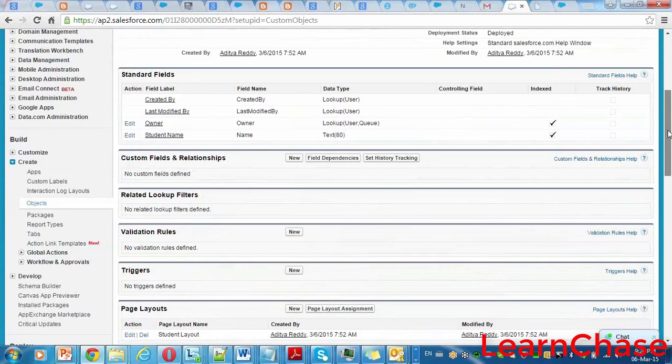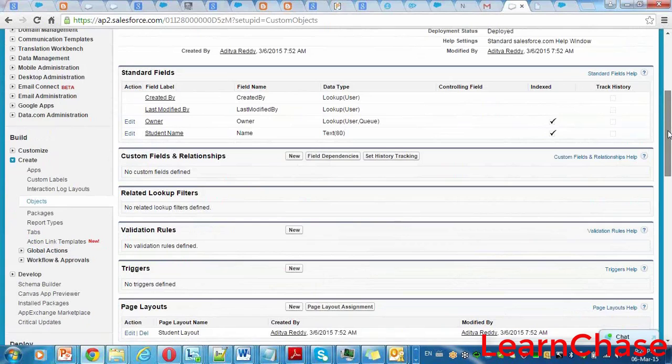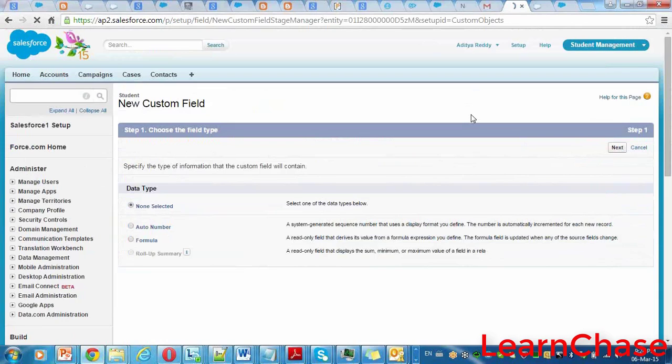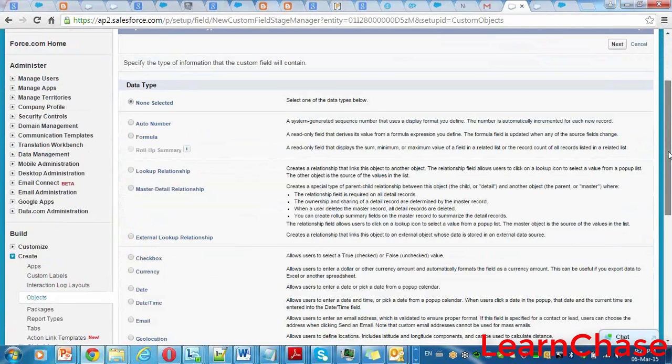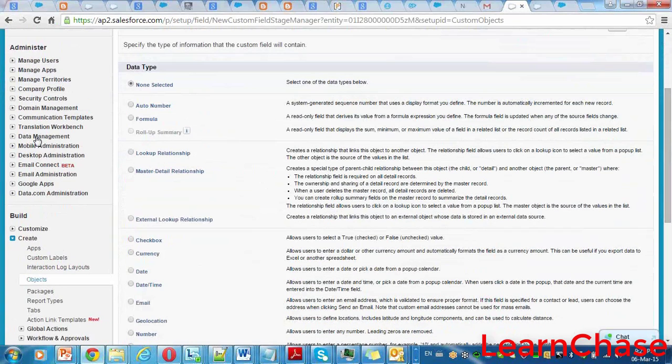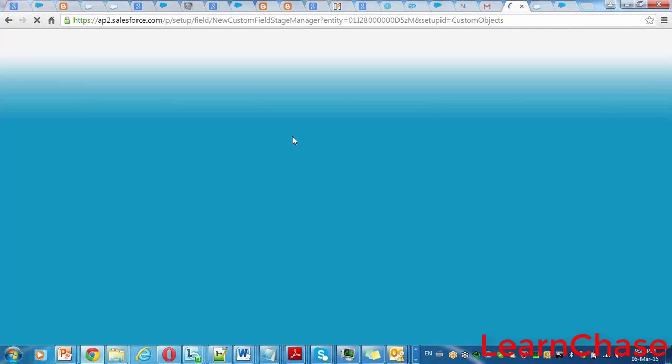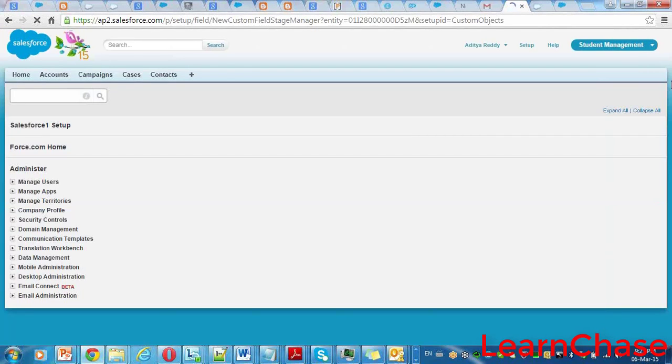I will create quickly, and I will tell one or two fields. These are the data types. You understood where these are, the custom fields. When I click on New, it will ask you to choose a data type.